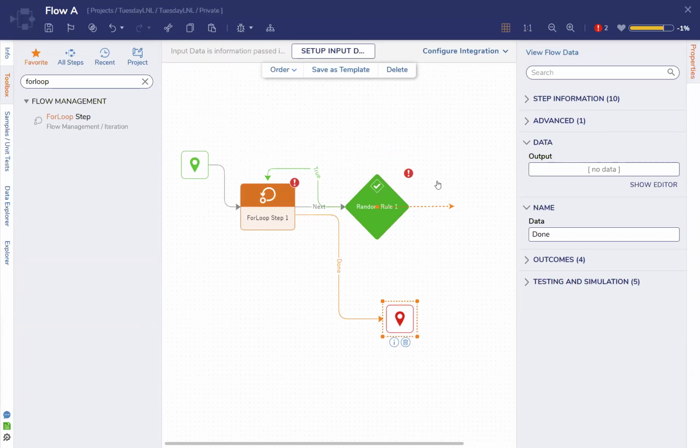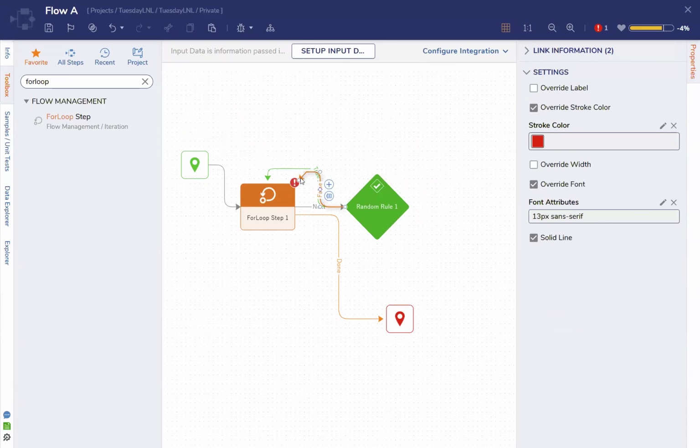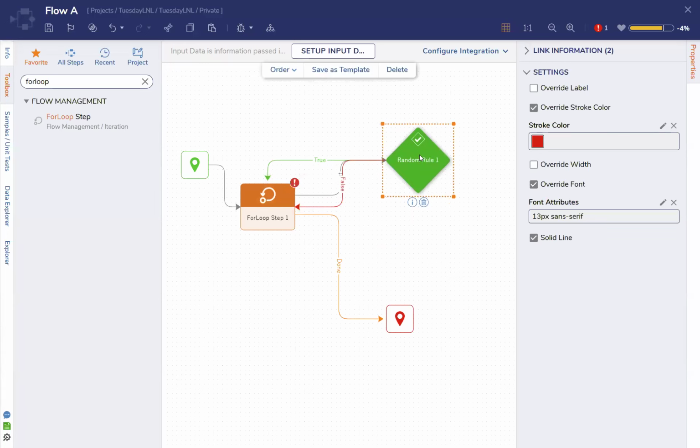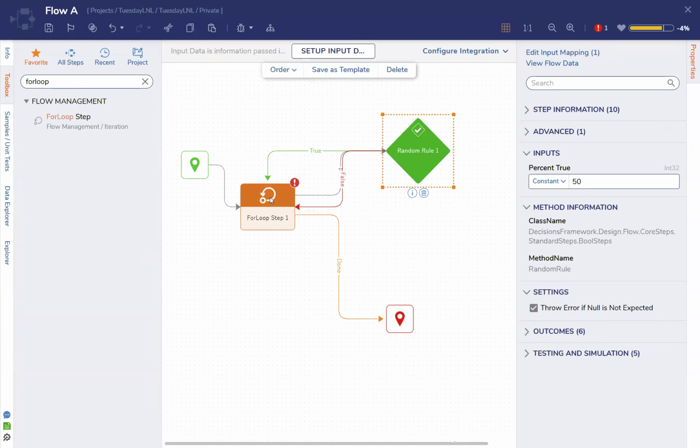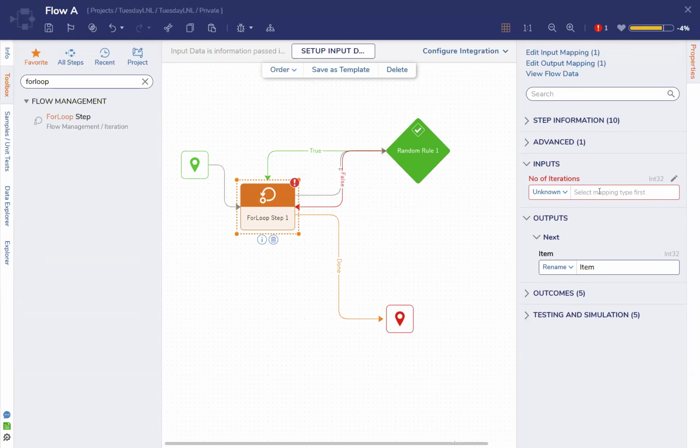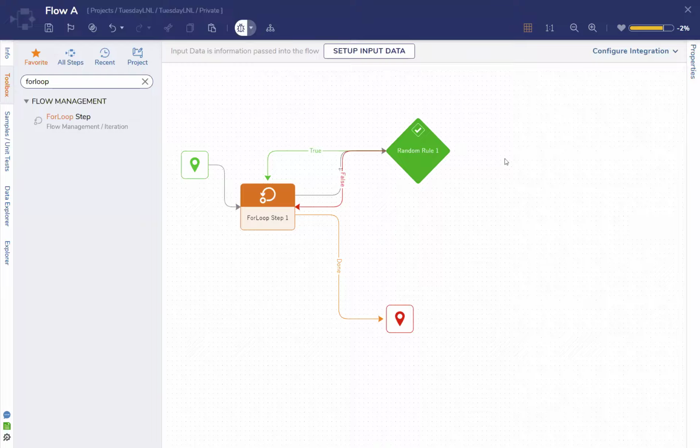So I'm going to run this 100 times. This is a random rule. It outputs true or false at random. This does exist in Decisions. This is not a custom rule. Maybe there's a use case for it in your business build, but honestly, I think it's just kind of fun. But anyway, I'm going to say 50% true on this, and I'm going to run this constant 2. Let's go 100 times. All right, and now when I debug this,